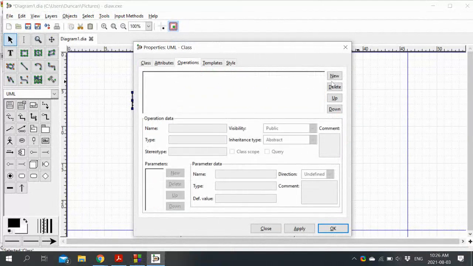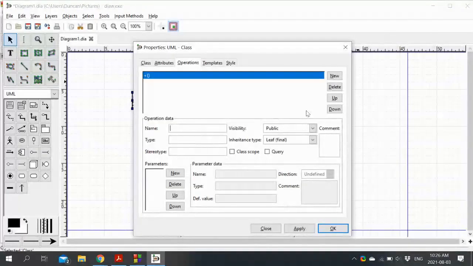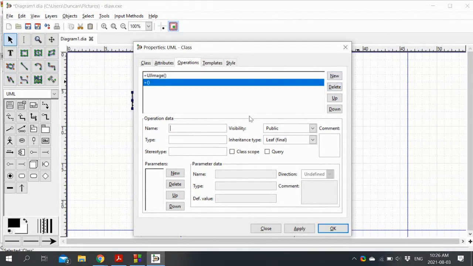So those are the attributes. Then we've got the operations. The default constructor. We will have UJ image with some parameters. So that will be the one where we specify rows of type int, columns of type int.